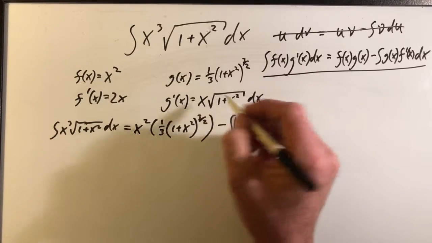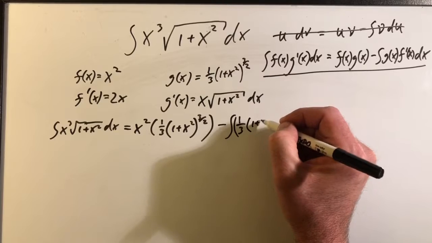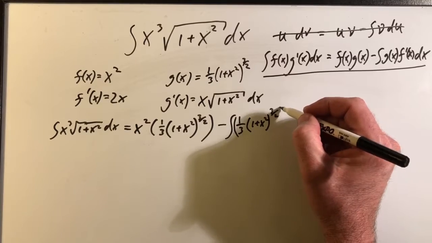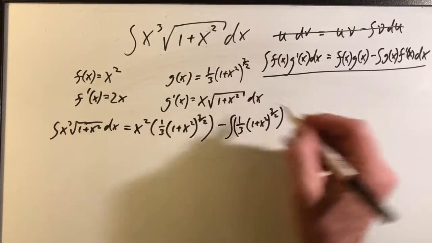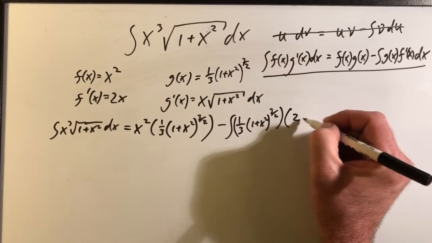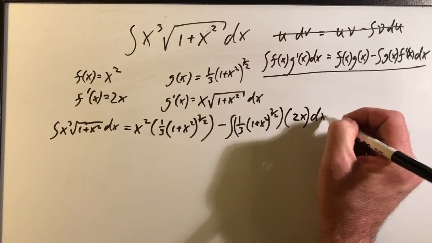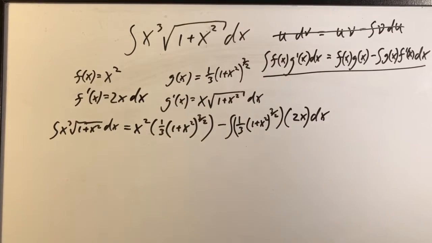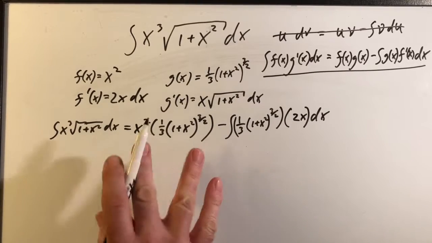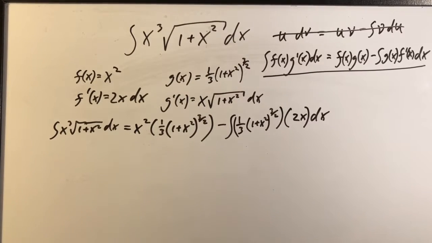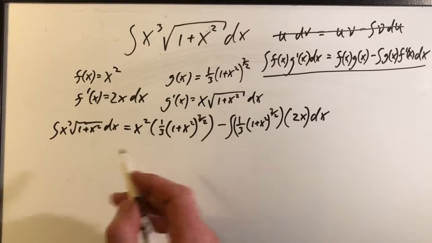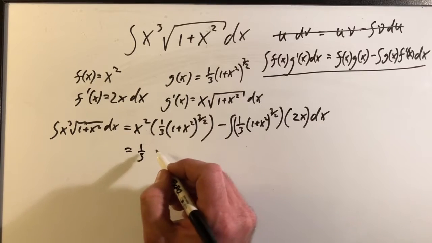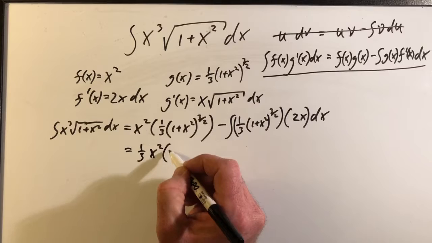3. Let's put a bracket around this. 1 plus x squared 3/2. Put a bracket around that. And 2x dx. I should have put my dx there, just for good bookkeeping. Okay, so this part of the equation is pretty well taken care of. Right here, I'm just going to probably clean it up just a little bit and just put the 1/3 in the front, x squared